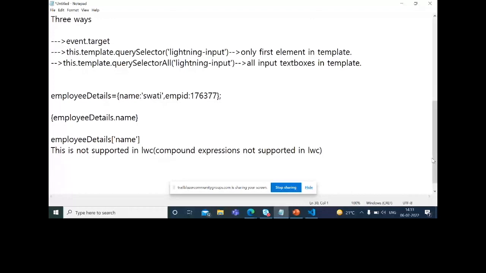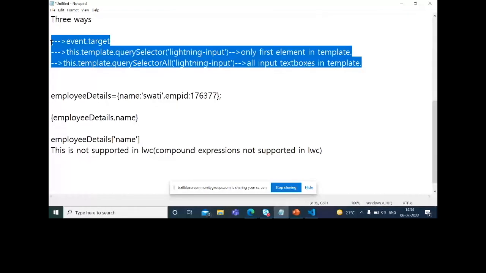Whenever you have to bind, you have to bind with the dot key name. So these are the ways to bind: capture the value of the input elements, and after capturing, bind those values to your properties to make them interactive or dynamic. So that is all about data binding.